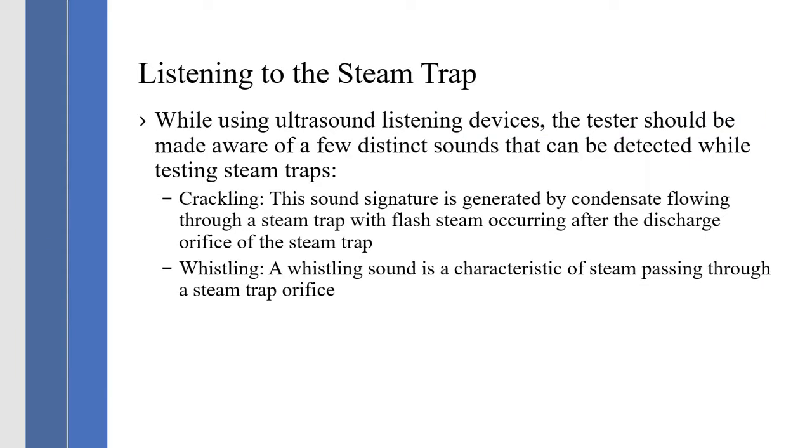The other thing with high frequency ultrasound, when listening to a steam trap, you should be aware of some distinct sounds while testing steam traps. Condensate will crackle. With condensate flowing through the steam trap orifice, flash occurs in the condensate orifice of the steam trap, mixes, and gives you a crackling sound. Steam passing through the orifice is totally a whistling sound, which is a true characteristic of steam passing through the steam trap orifice. So one of the key things is to always listen to a steam trap